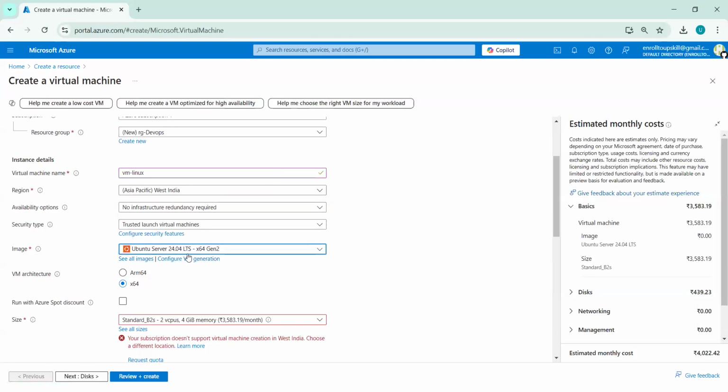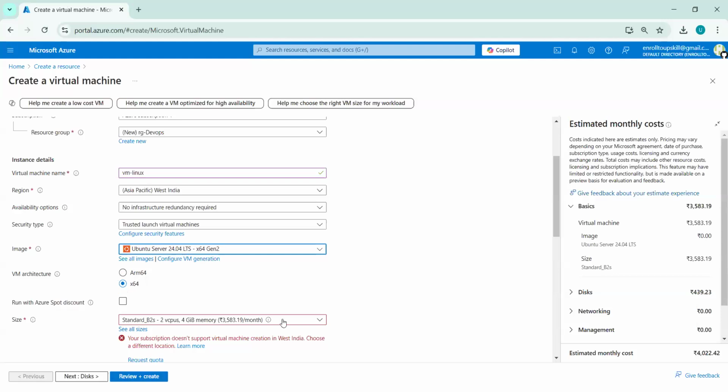Now you have Windows 10 or Windows 11 on your computer, and you can check that it is a 64-bit architecture. This is an instruction set given to the operating system, and the instructions are given in 64-bit format. Similarly, for Linux we can also select x64. And then for VM architecture, you can select x64 as well.